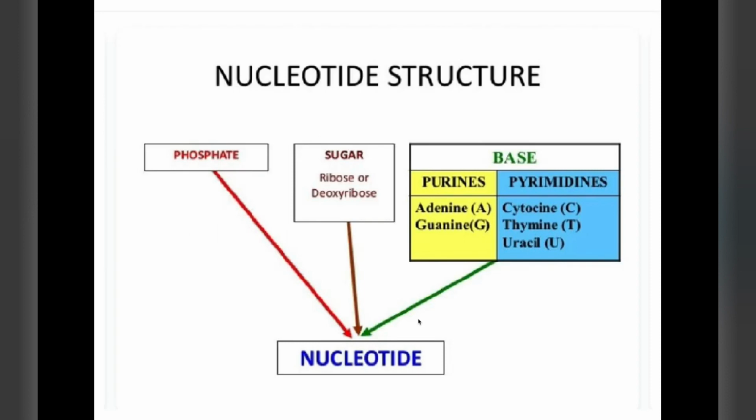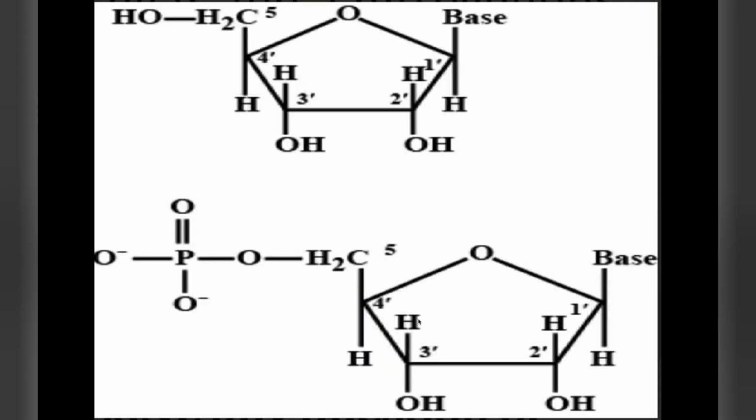So next you can see the structure of the nucleotide. You can see it has a phosphate group, a sugar and a base. So these 3 categories add up and finally you get a nucleotide. And James Watson and Francis Crick were the 2 scientists who gave the double-stranded structure for DNA, which is very important. The 2 nucleic acid strands, which are complementary to each other, are wound together by hydrogen bonds between